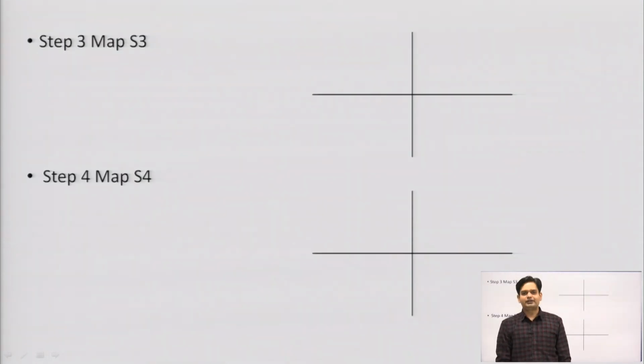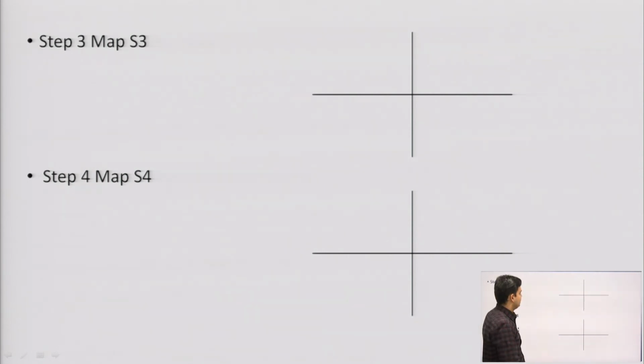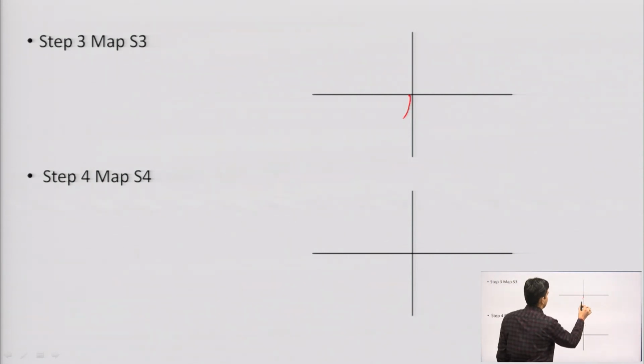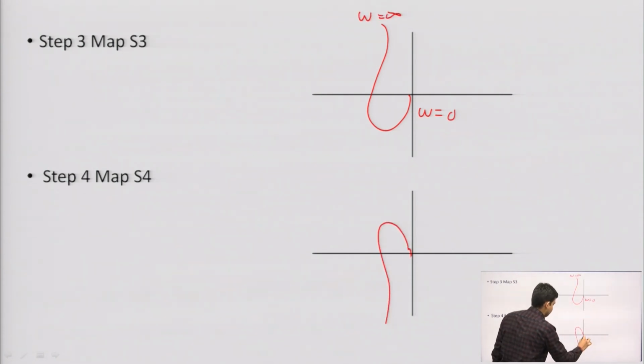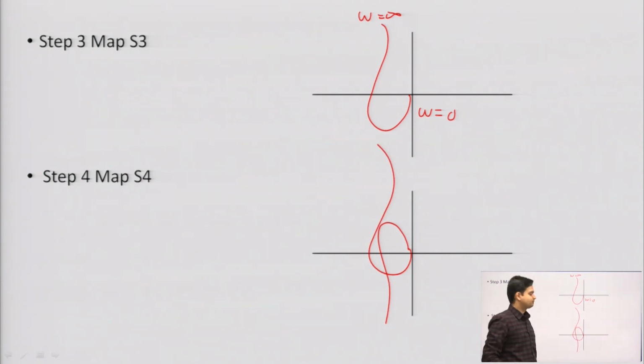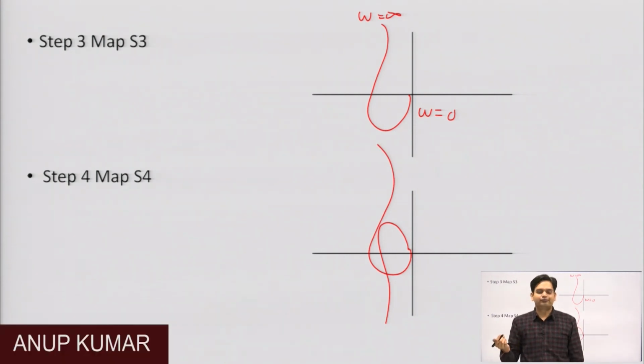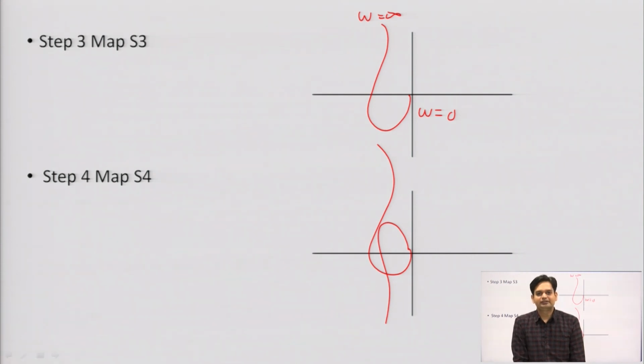Okay. In the same way, we need to map S3, the inverse polar plot. This would be like this, start from omega equal to 0 and omega equal to infinity. If we combine all the steps, we will get a plot like this. Okay. So, we have not done the mapping of S4. So, we will do step S4 in the next lecture. Okay. So, thank you for today.